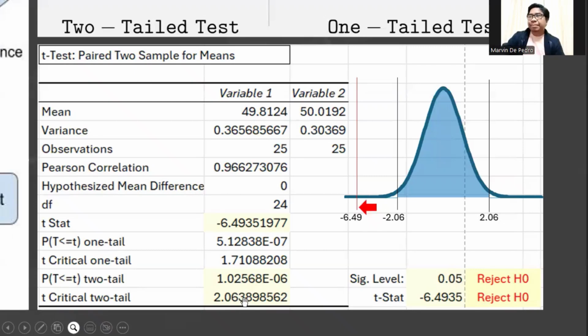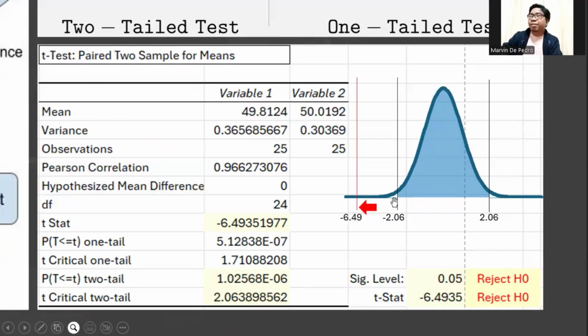Since we are doing a two-tailed test, we have two limits, two boundaries: positive 2.06, this one, and negative 2.06, this one. These boundaries define our acceptance region. But as you can see, the t-stat is negative 6.49.